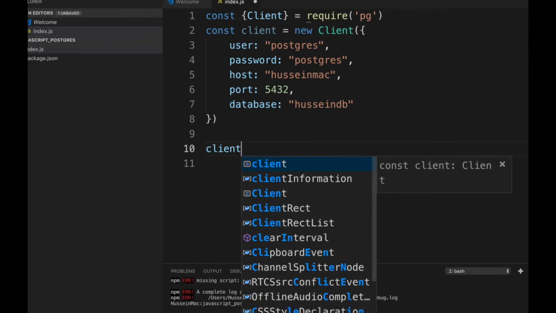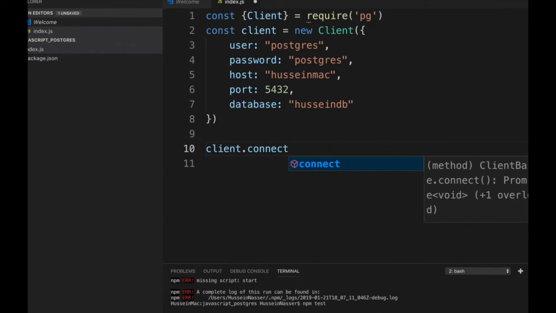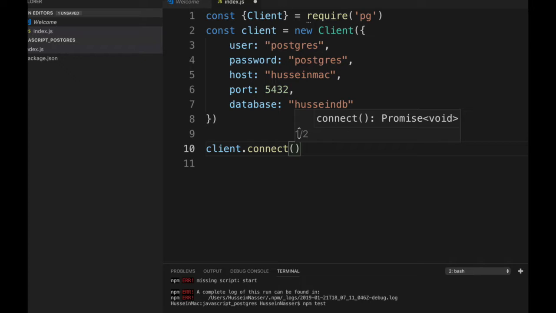So once you have that, you would do client.connect. Since we have the client object, remember I use a small letter here because that's the object. You don't do capital Client. You take the object that is now filled with the connection information, and then you call connect on it. Since this returns a promise,